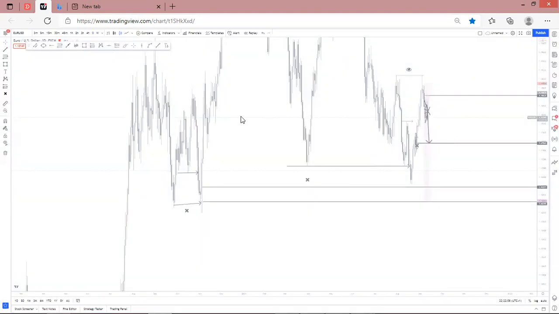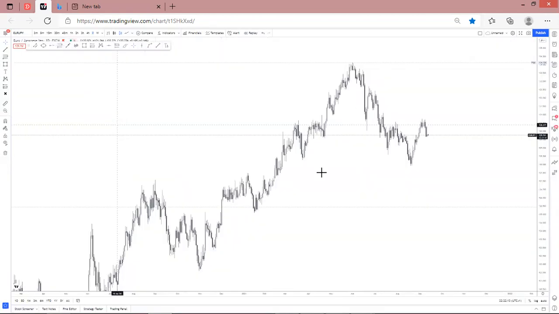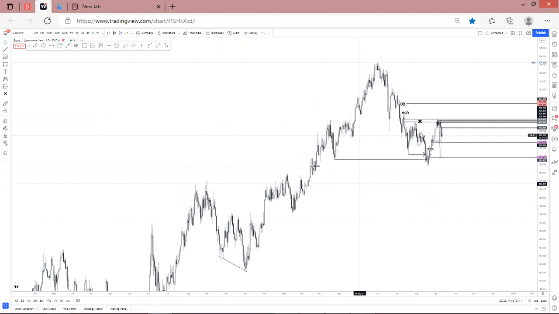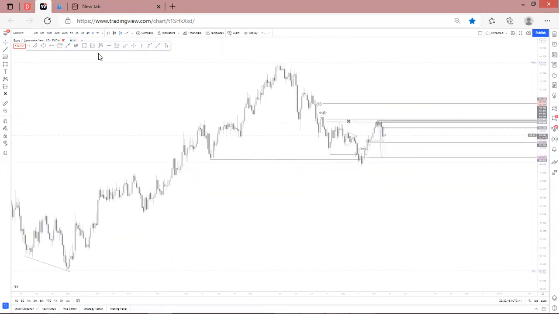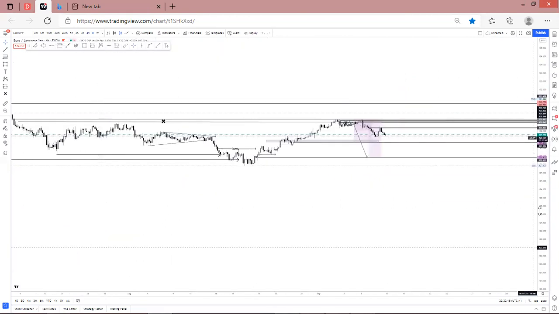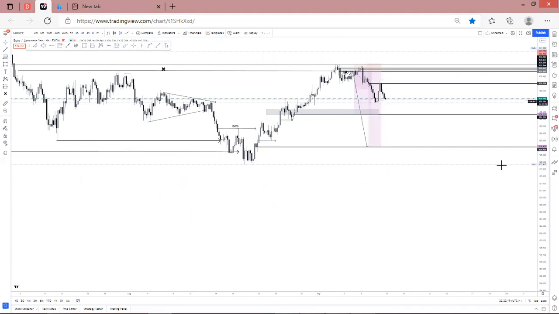Euro JPY, I remember I did a Zoom breakdown on this pair right here. If you have not watched it,